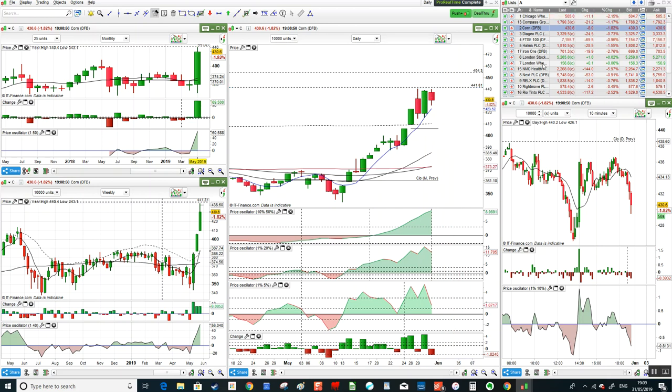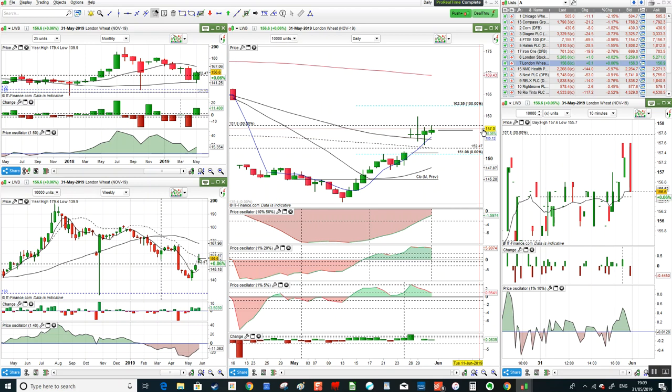So just going back to the wheat market, closed 156. We look for a breakout of 160 topside and support coming in at 152.50. And I'll put an update out this time next